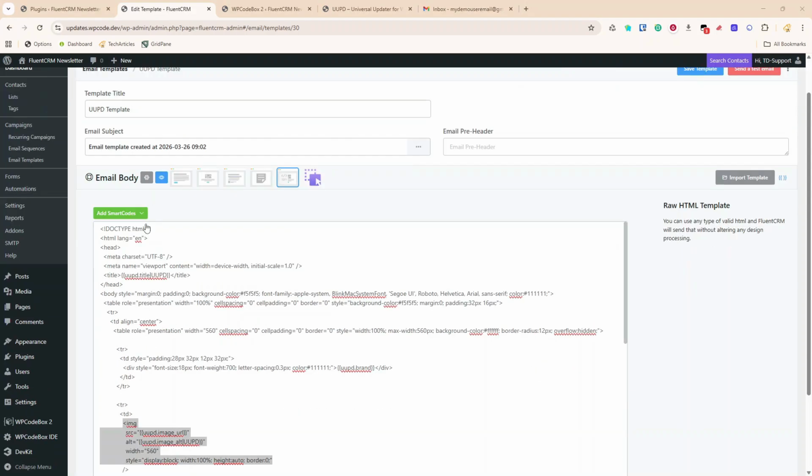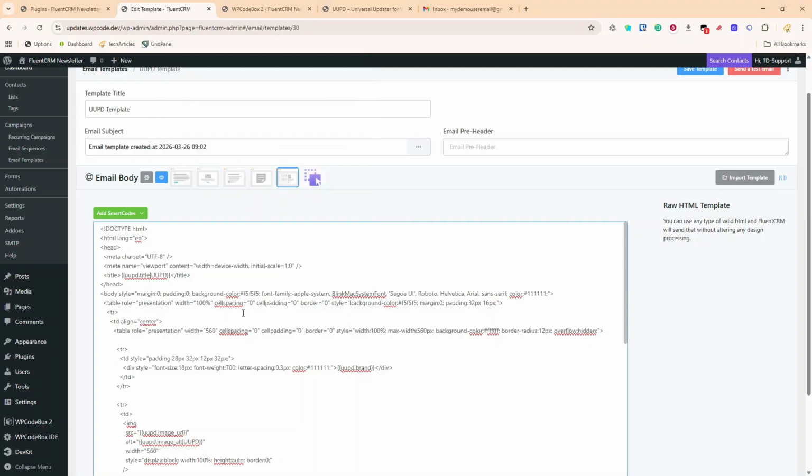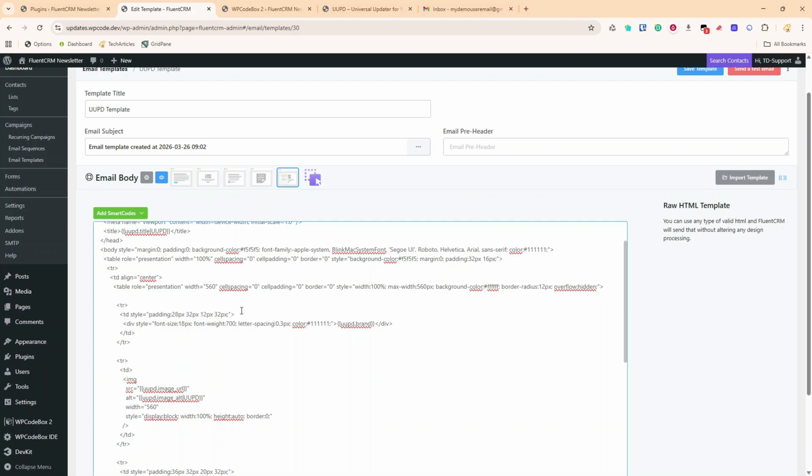It was UUPD logo alt, logo URL, logo. Go. Don't need any defaults. And I'm going to copy that, and then we're going to find where we removed that